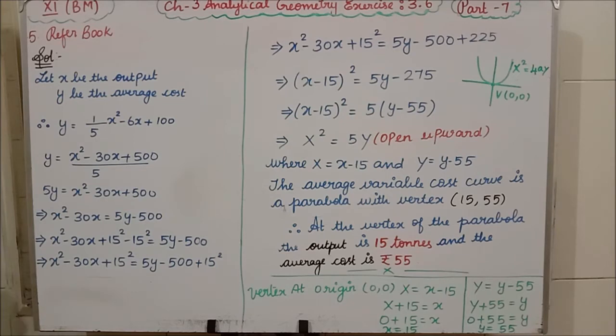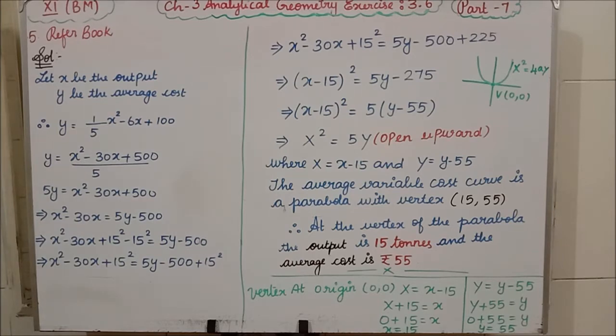Students, I usually told you, whenever you have x square or y square, immediately you have to think: x square equal to 4ay, what type of parabola is it? Yes, it is an open upward parabola. X square equal to minus 4ay, what type of parabola? Open downward parabola. But we know x square means it will be open upward or downward. So in the problem where you have x square or y square, that term you have to keep on one side, and the remaining you have to take to the other side.